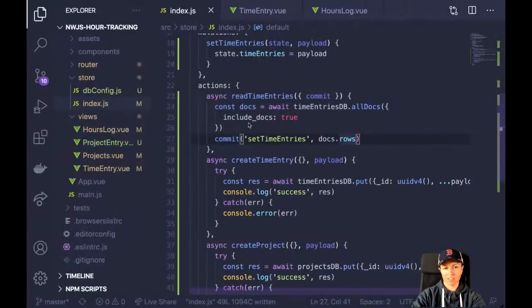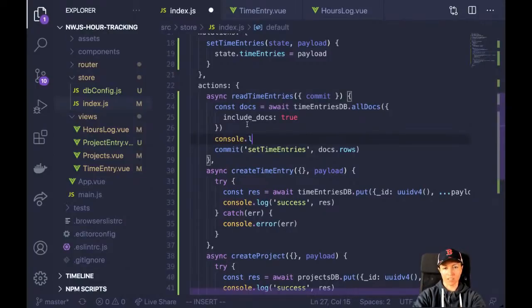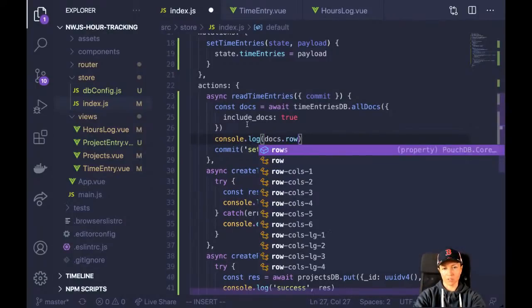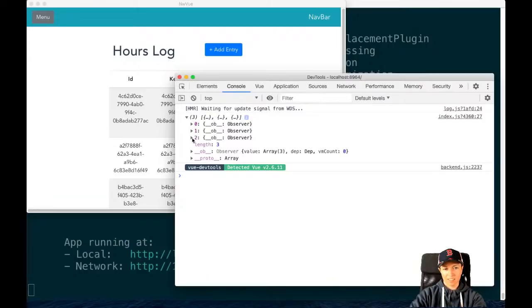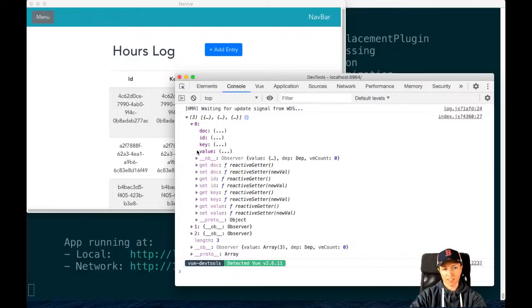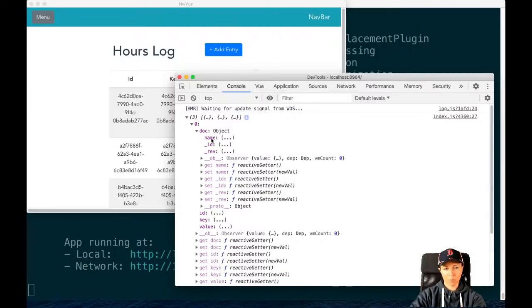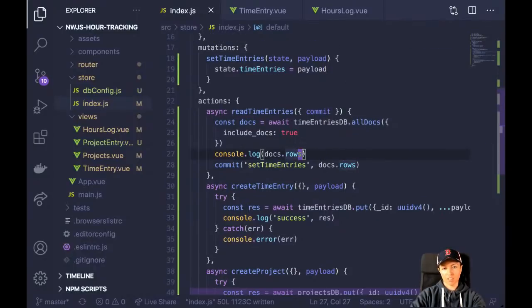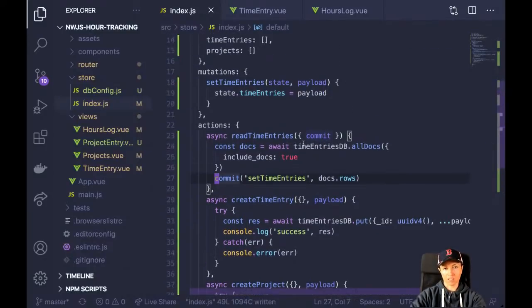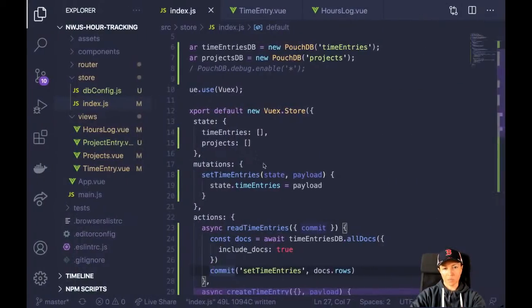It might be easier if I just console.log out these docs.rows so I can explore them. Okay, so let me take document 1. And this is what I want. Oh, right. That was dumb. So I want the documents here. So I'm going to pass in, actually to my mutation, I'm going to pass in docs.rows. And then in my mutation,